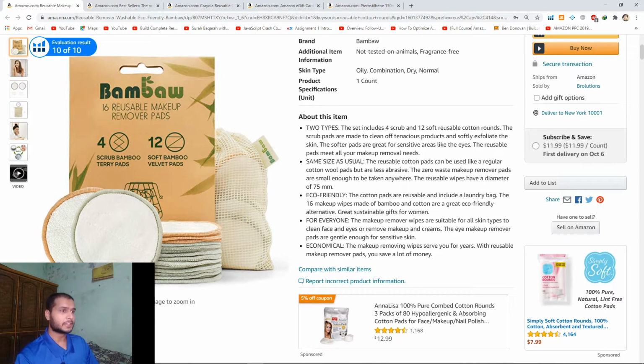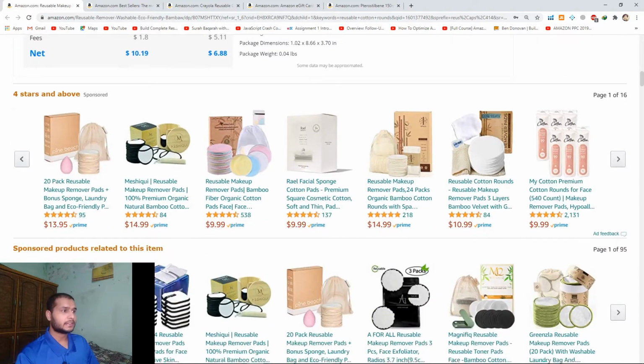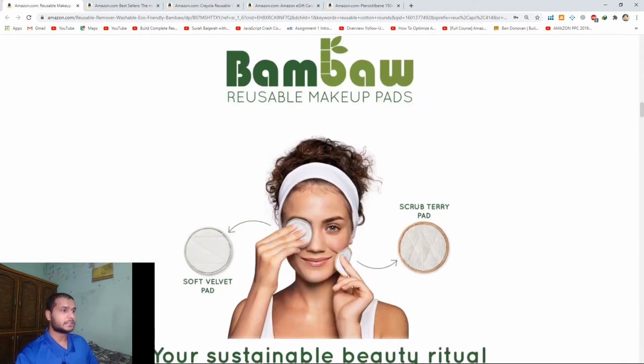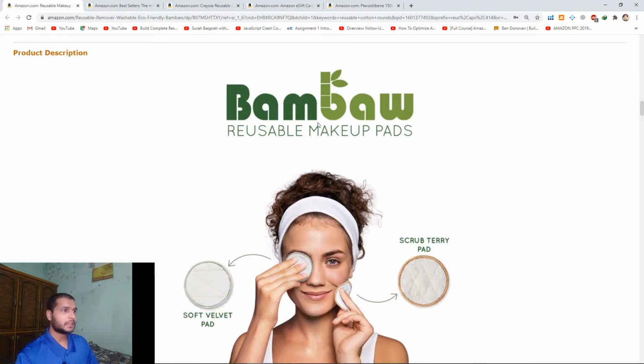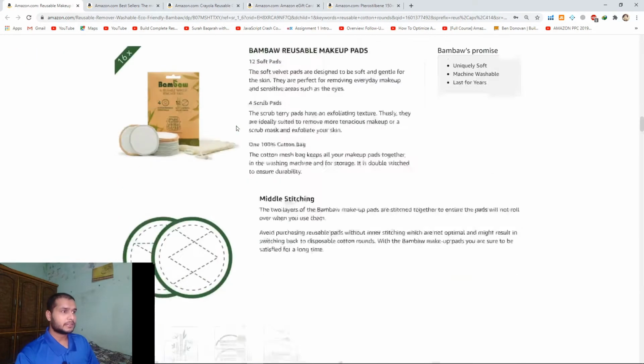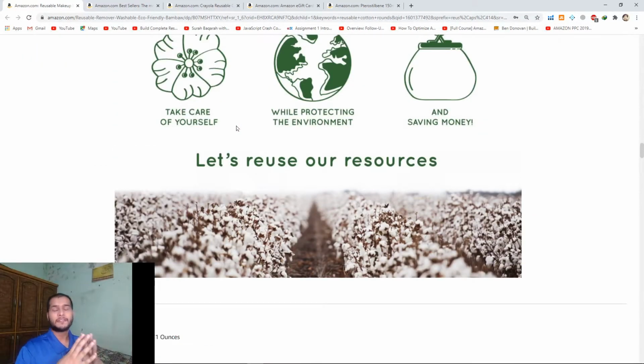Here 5 bullets are allowed, and mostly here we describe the benefits and features. And here you can see we have the EBC, enhanced brand content. So this is called front end.